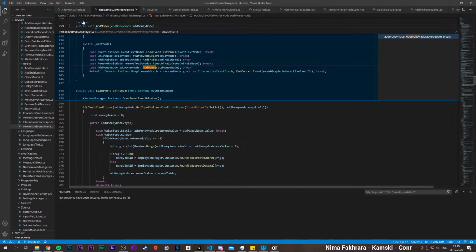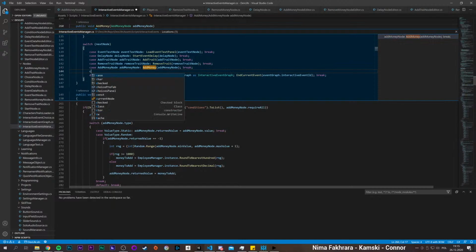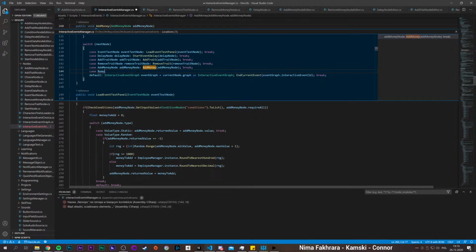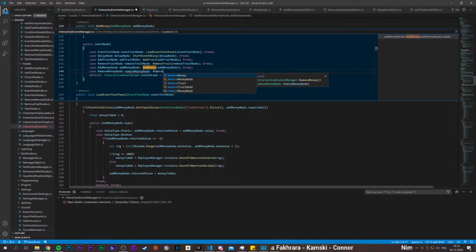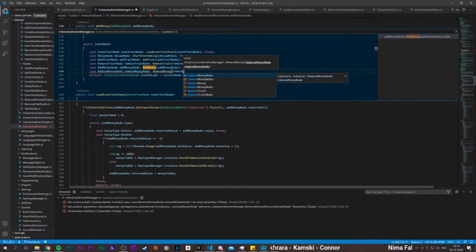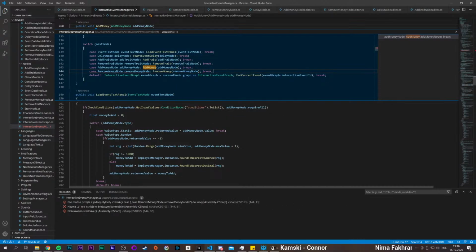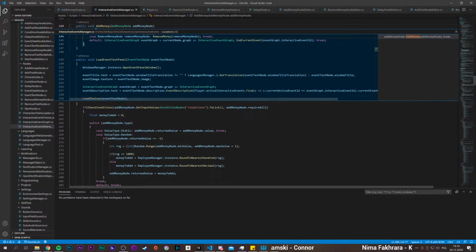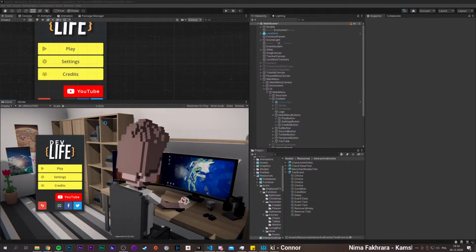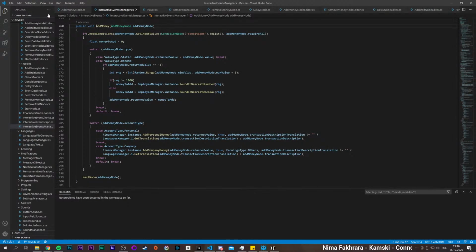And now we should call it here in case we need to remove money node, remove money node, and break. Okay. So that's that. We can also add the